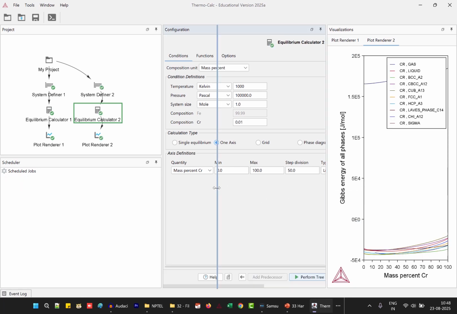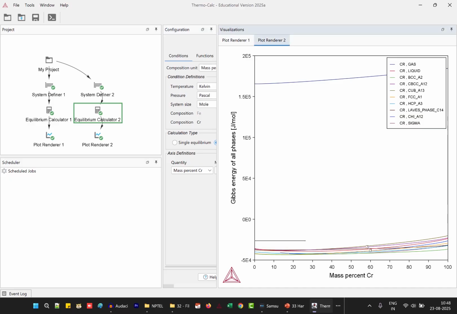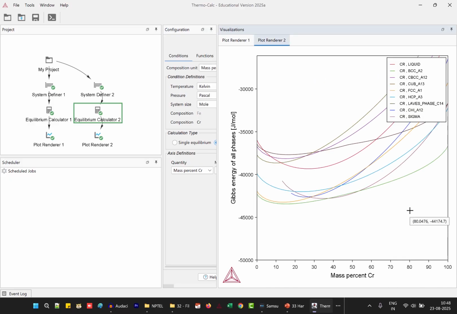Right, we have it here. I'll just zoom into this zone to show you that this green curve is there in the bottom but not throughout. There is this dark purple line plunging below, which belongs to sigma phase. In the left extreme also, the green curve is the only stable phase, meaning the orange curve, the FCC curve, doesn't cross and become lower. So therefore BCC is stable here, but in the middle sigma becomes stable.